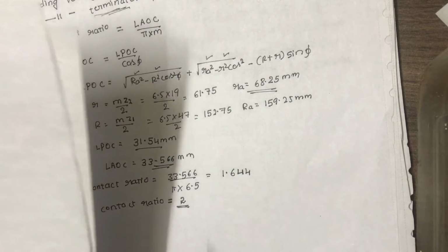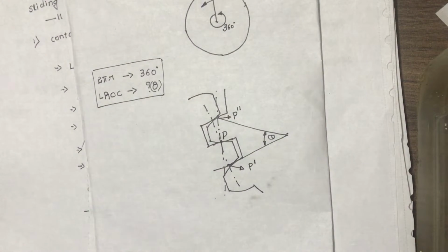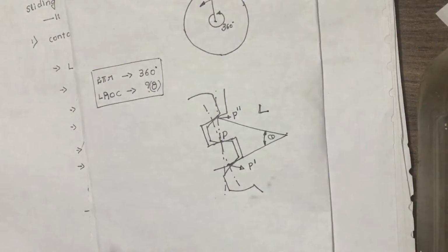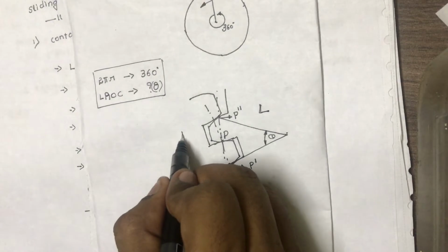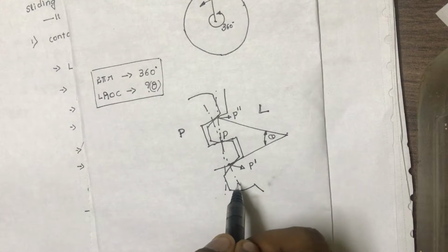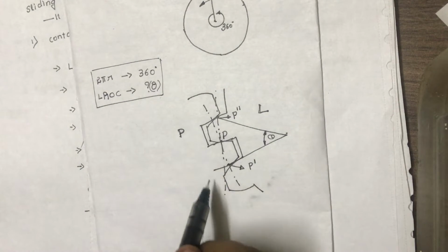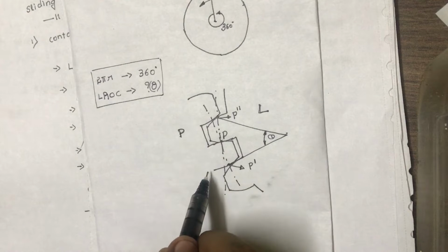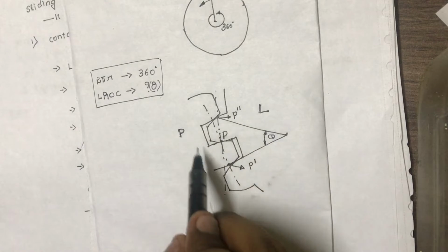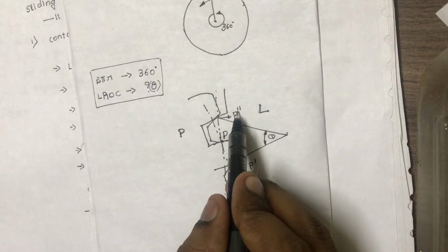So first we'll discuss this drawing. I'll take this as the larger wheel, which means it is the gear. Likewise, I'll take this as the pinion, the smaller wheel. This axis, the center line, indicates the pitch circle of the larger wheel, and this indicates the pitch circle of the pinion. For one pair of teeth in contact, this is P dash, this is the pitch point, and this is P double dash.